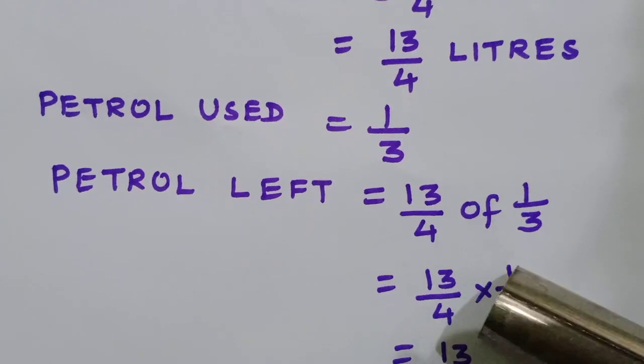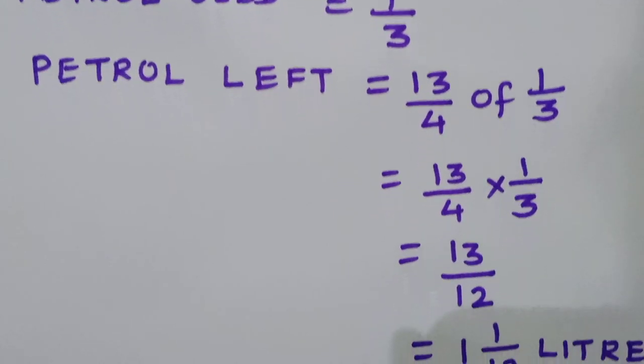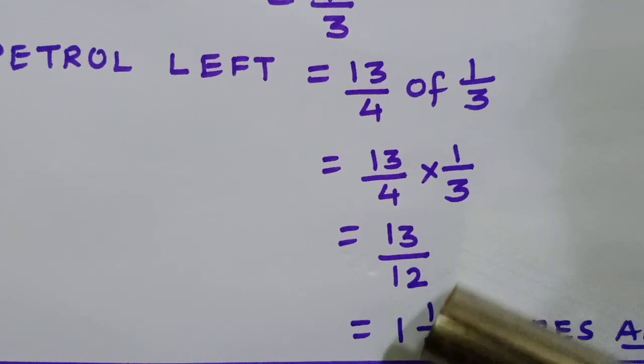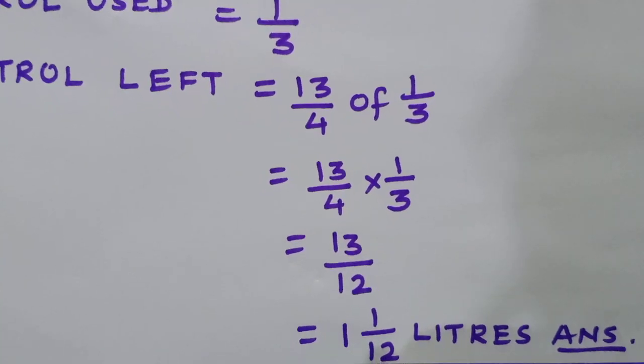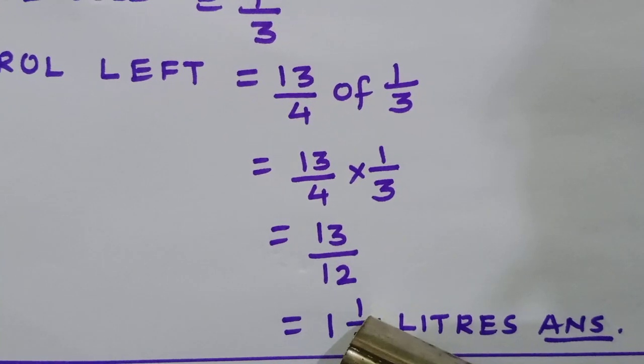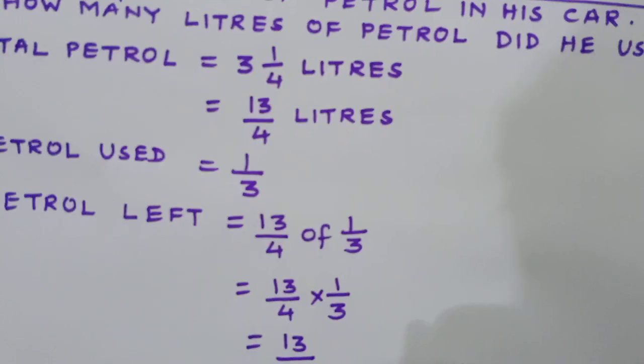Now 13 1 ja 13, divided by 4 3 ja 12. Numerator is greater than 12, so we will change it into mixed numbers, mixed fractions. 1 whole number 1 by 12 liters. Answer. Equal to sign should be given at proper place. Here you see in the chart how I have given. You will have to also give like this. Now question 1